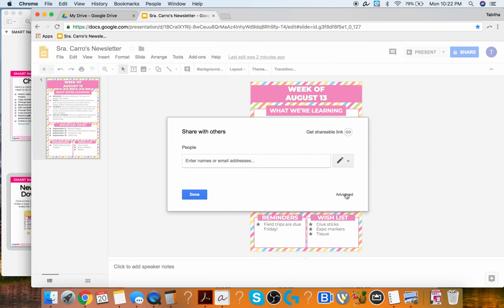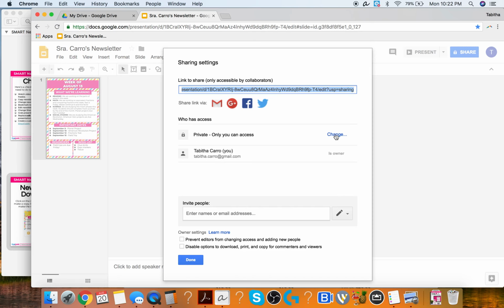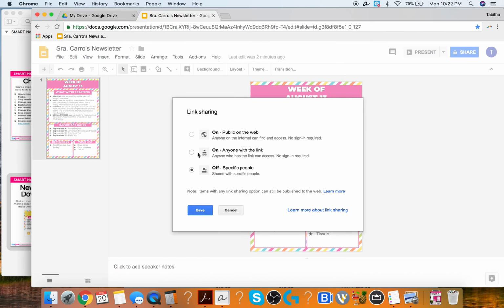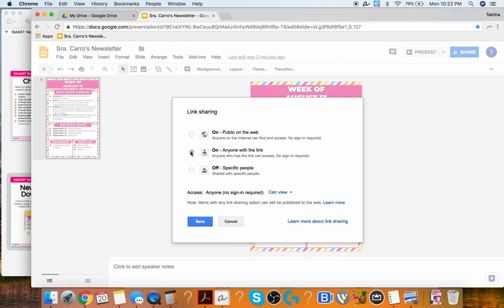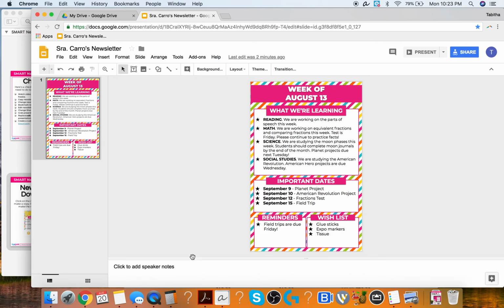Then I'm going to click Advanced, Change, and just change it to anyone with the link can view. That's all you need to do. Not edit, just can view. Click Save, and done. Now, you have gotten it to the point where anybody can see it, but you don't